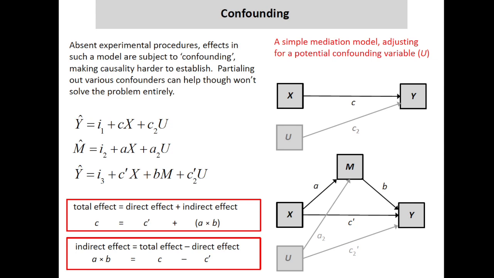So all I've done here is I've taken my model and I've added, here I've only added one, but you could have many of these confounding variables added to these models and the same will be true. So all I've done is I've added a potential confounder variable into each of these equations. We give them some weight. We let an OLS regression program figure out how to weight these things to produce the best fitting model. And this equation still holds, so long as you partial these potential confounders out of both Y and M. The example we'll use today does include three potential confounding variables.